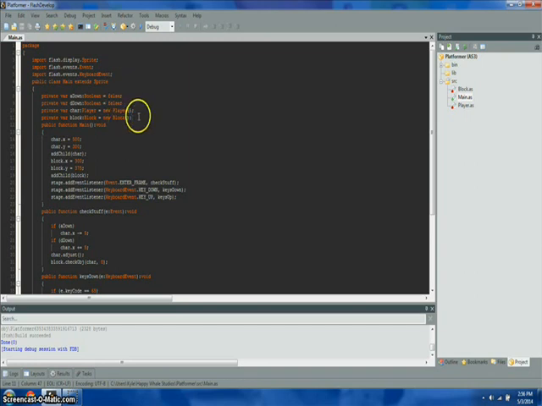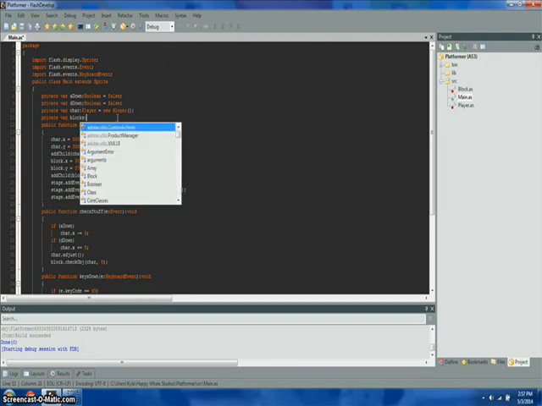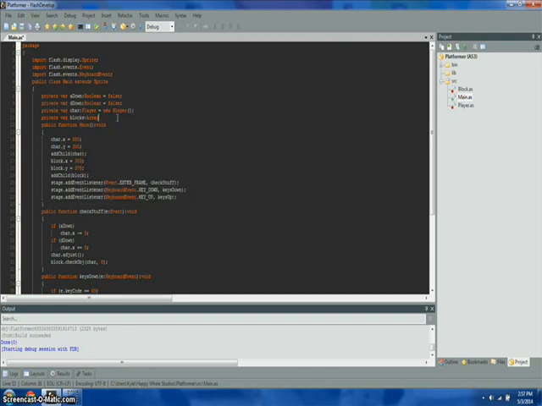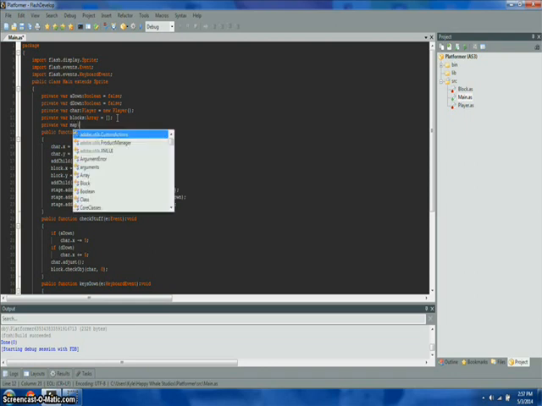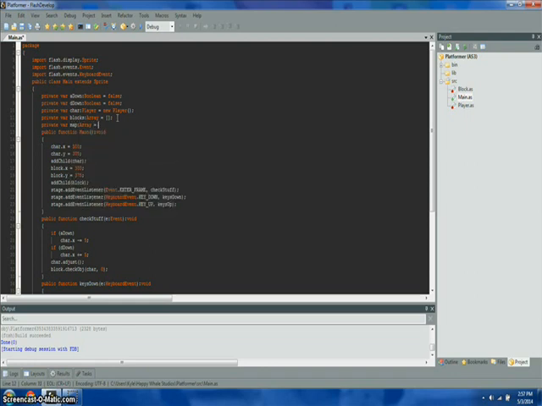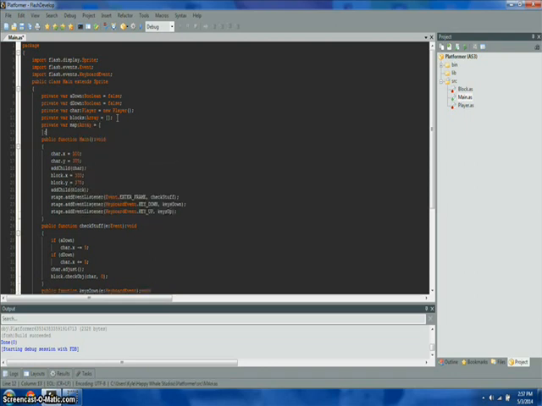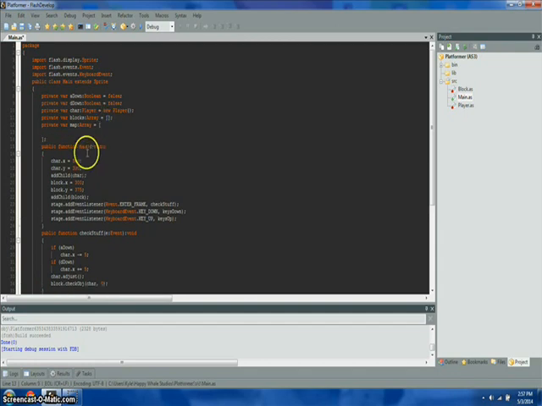So this instance of one block that we have up here, I'm going to take this and turn it into an array. I'm going to call it blocks, plural. And we'll just make this an empty array for now. And then we're going to make another array. I'm going to call this one map. And this is going to be kind of like the floor plan for our level. So put the open and close brackets up there and down here, and then this is actually going to be